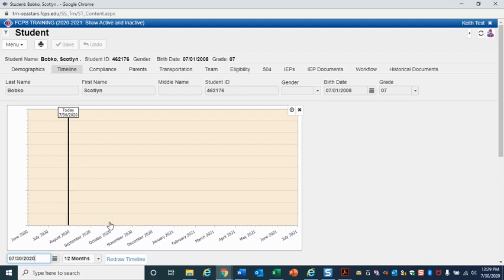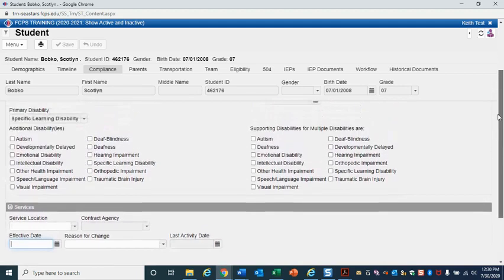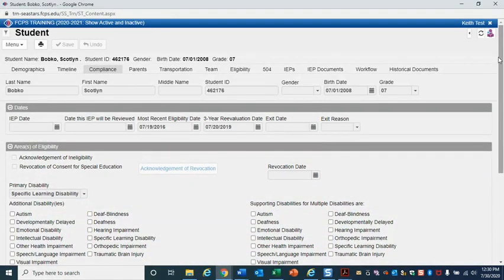So if we have an IEP that's been scheduled and in draft, let's just say for September, the system is going to give you a little line here, and it's going to show you that the IEP is in draft form and it's going to happen soon. The Compliance tab. The Compliance tab, again, gives you some